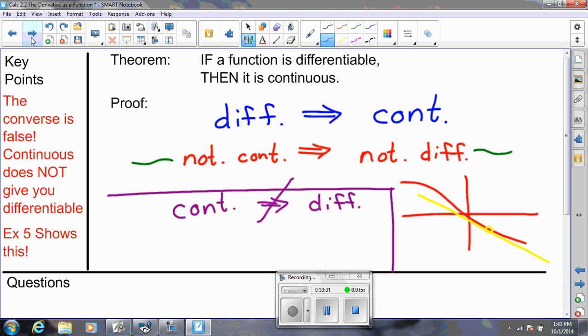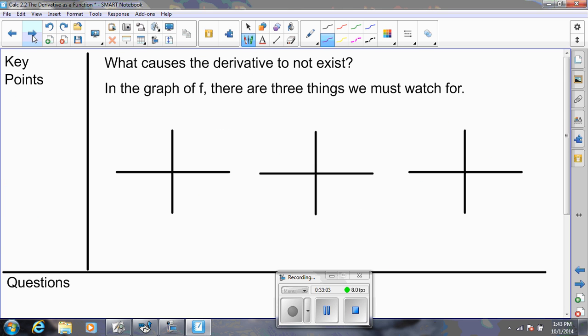More generally, we should have some ideas on what causes a derivative to not exist. Well, remember, the derivative is a limit. When we're taking a limit, if the limit does not exist, then the derivative does not exist. So what are some of the ways that the derivative fails to exist? Well, we've already seen one of them. If you have a jump discontinuity,